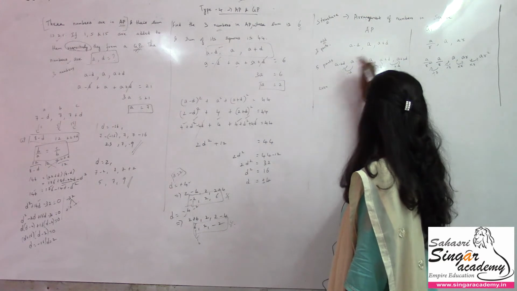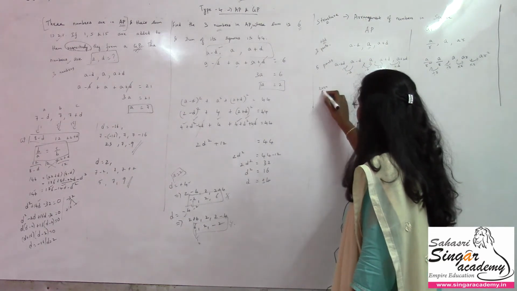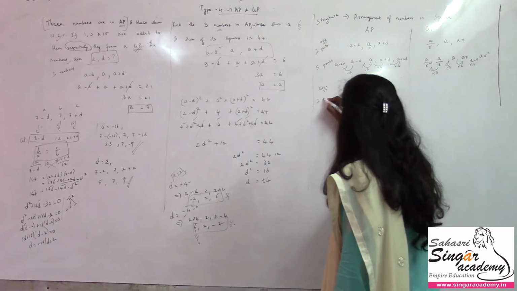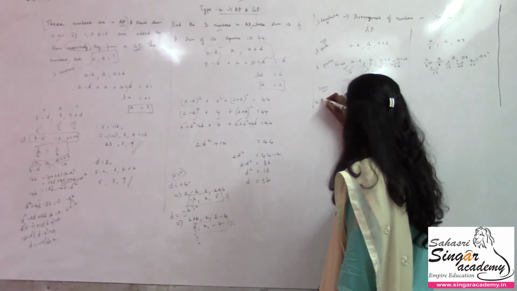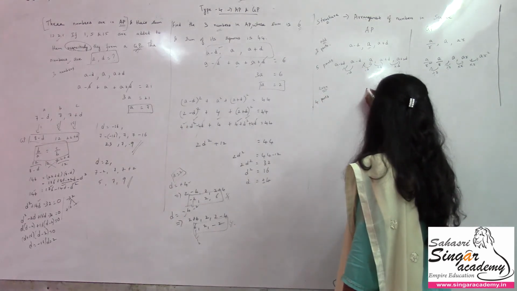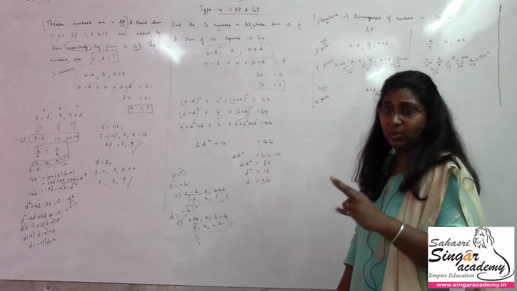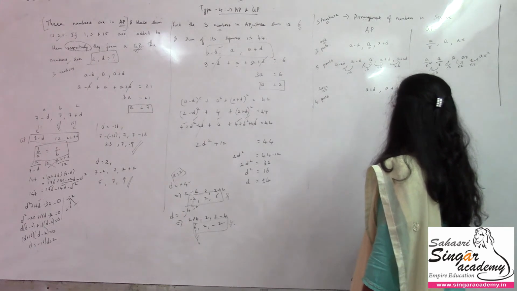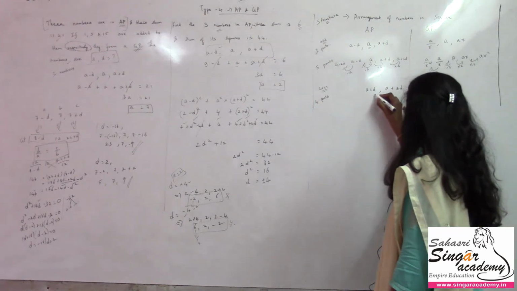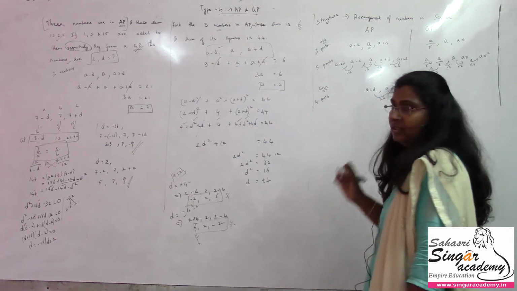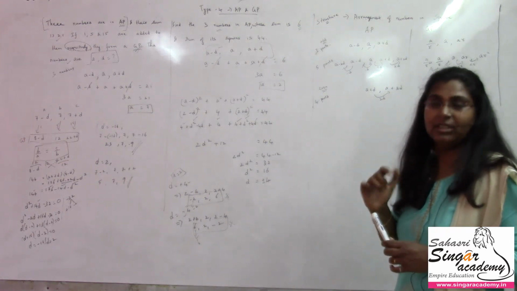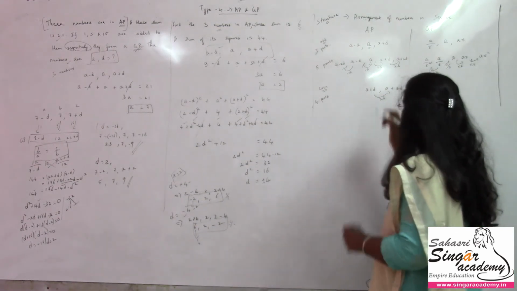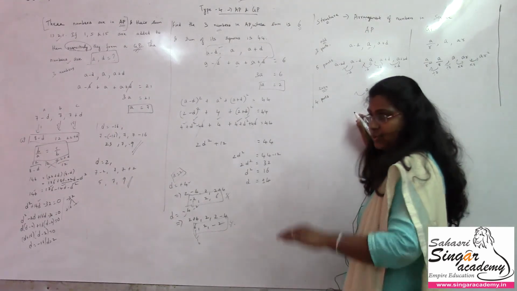Now with 3 parts or 5 parts, we take the center value as A. What do we do with even numbers? I'll not find a center value, right? So if there are 4 parts, let me have the value A plus D. I'll take an even number of jumps, remember. So this will be A plus 3D. The difference between A plus D and A plus 3D is 2D. Always fix the common difference; that D can be any value. Here the difference should be 2D. So this is 2 jumps. The previous one is minus 2 jumps.